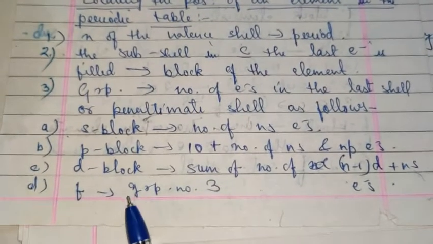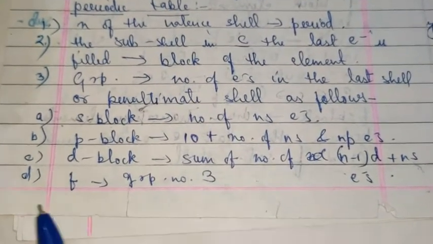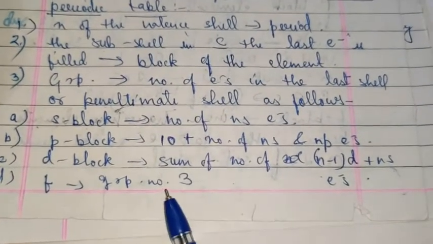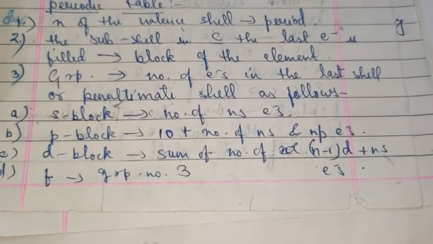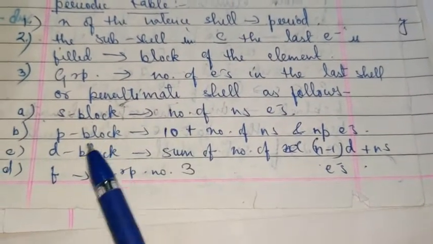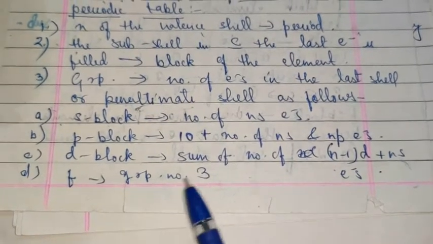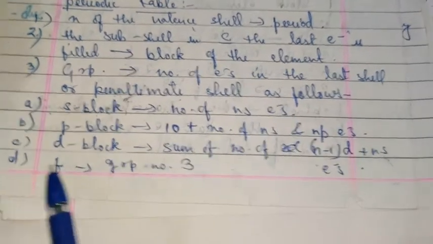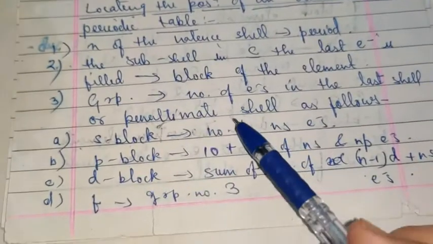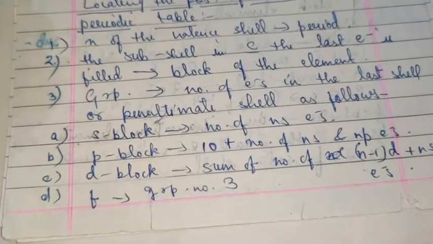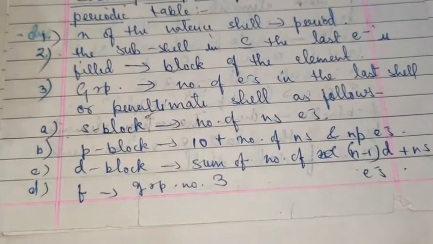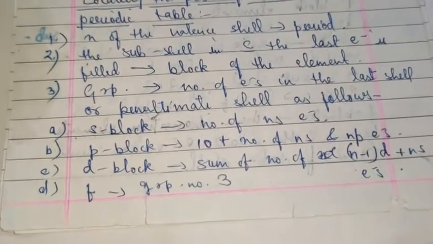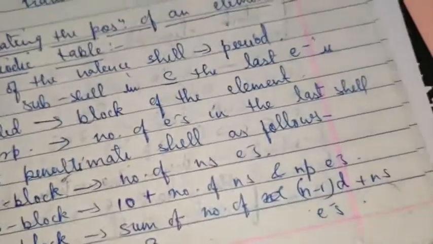Or you may skip f block for now. I'll tell you about f block later on, because basically in class 11 the elements that you'll be getting are mostly from s, p and d block. Mostly f block elements you'll be doing in class 12 only. I'll explain this later on. First of all, we will practice locating the group and period of s, p and d block elements. Now I'll take up some examples to explain this, and then you can practice on your own also, children.